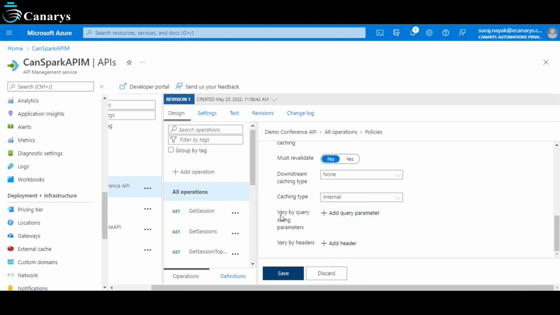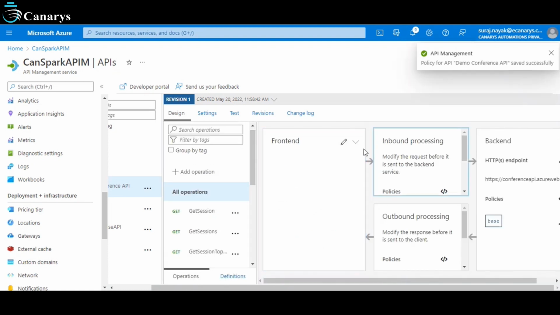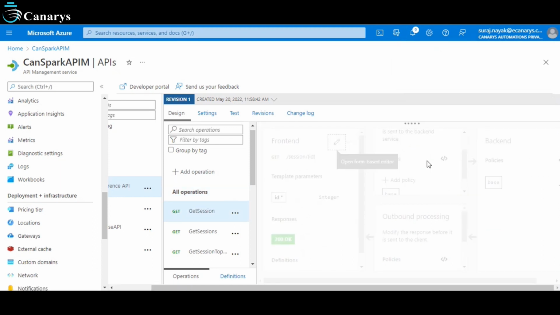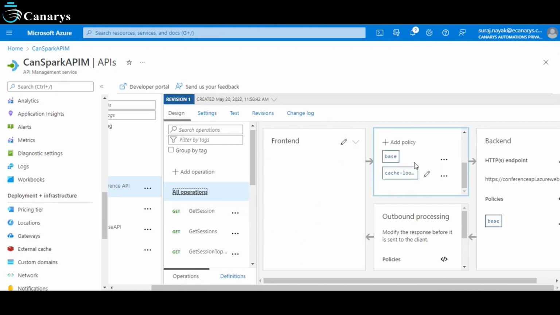And again, these are headers and query parameters. You can set that for such and such a query parameter, I have to cache the response. But I won't do it here. I'll do it in the policy screen. So for now, I'll just save this. Okay, and I think I did it for all operations. Let me see. Okay, yeah. So it appears that I have applied a caching policy for all operations,